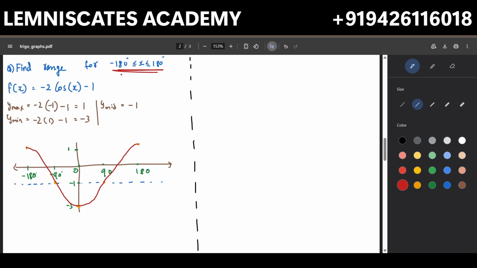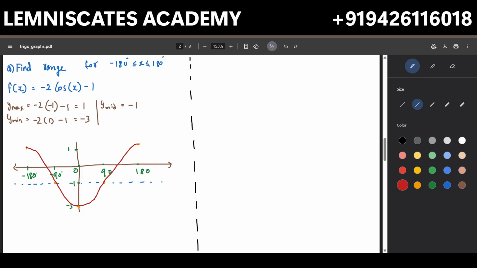But the general idea is that if your domain accounts for at least 360 degrees, that is, if you do 180 minus minus 180, and the answer is at least 360 degrees, it means one complete cycle has already been fixed. You can think about that when there is just a normal x. And if there is a complication over here, if there is a transformation in the x-axis, then of course it becomes a bit complicated. That is why it's always good that you are able to sketch the graphs,